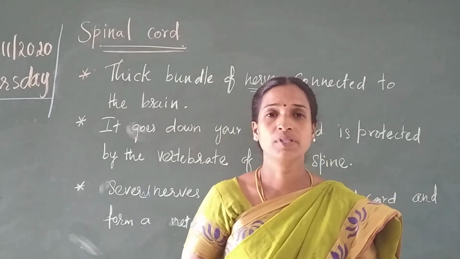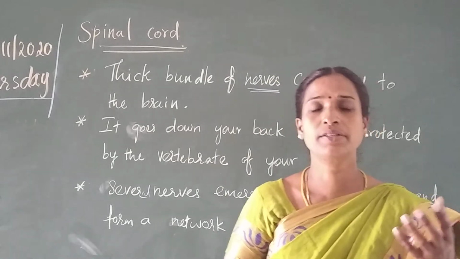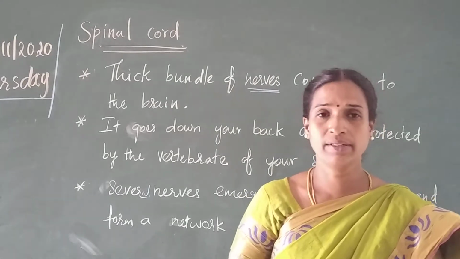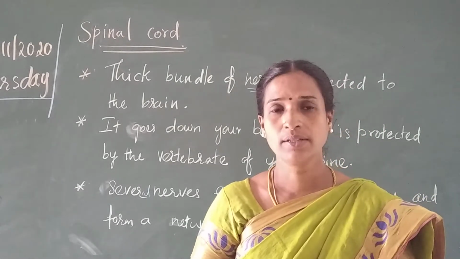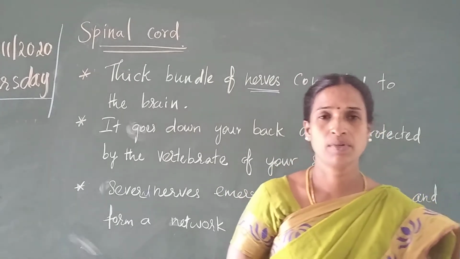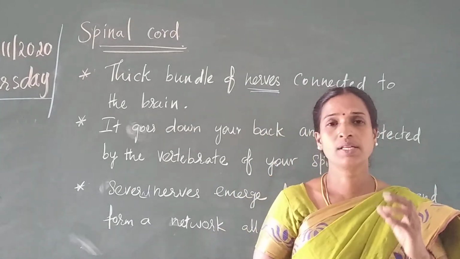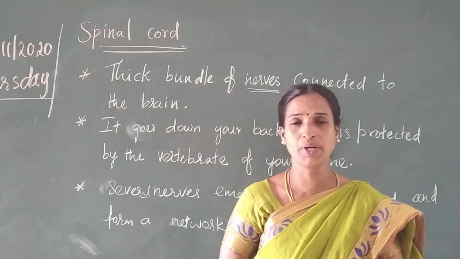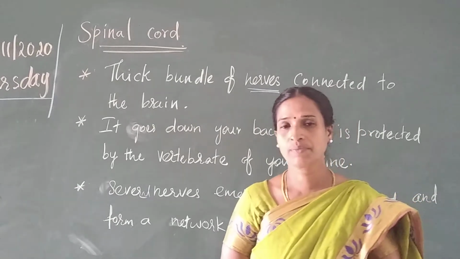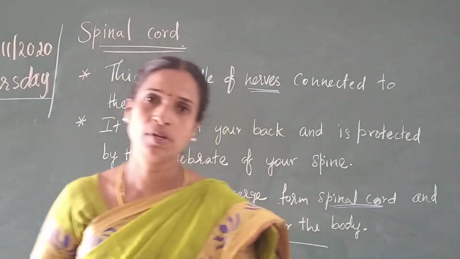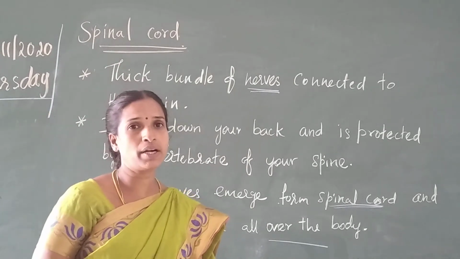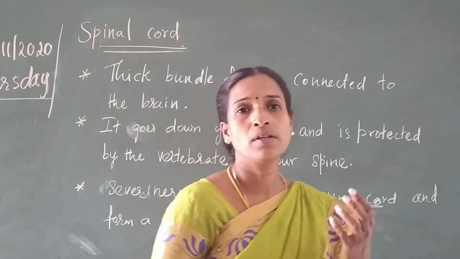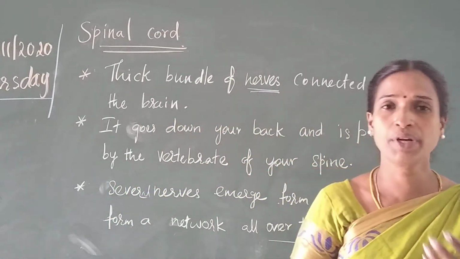It is the system that controls other systems in our body. That means the entire system of our body is controlled by the nerve system. The nerve system consists of three parts. I told you, what are the three parts? Can you remember that? Yes, brain, spinal cord, and nerves. The three perform very important functions.